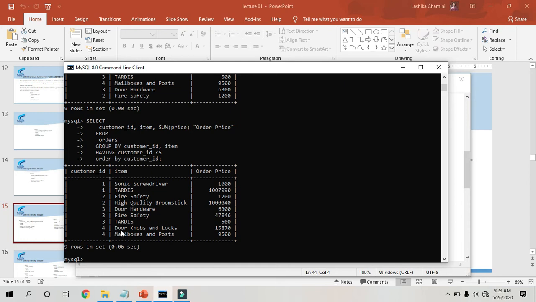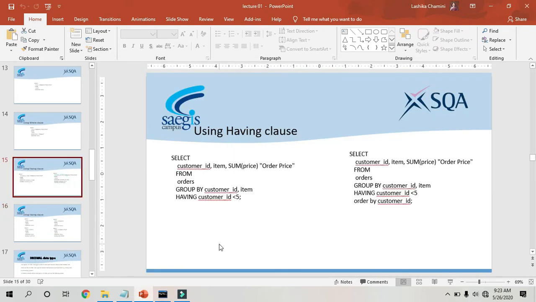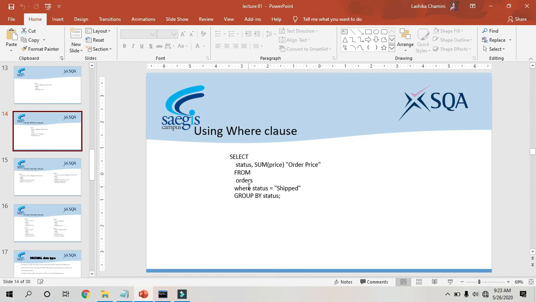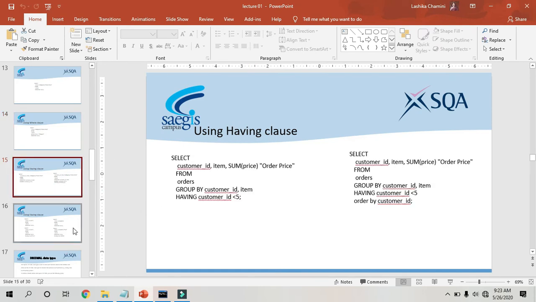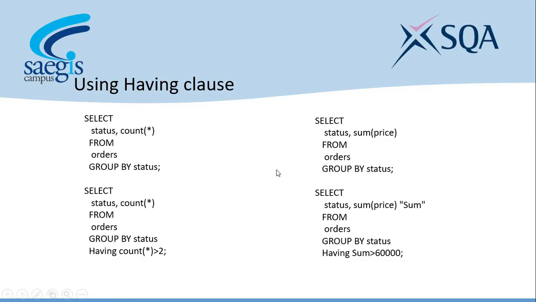So now you can see all of these things are ordered well. Here you can see the customer ID 1 together, 2, 3 and 4. So now you will think why we use the having clause for this. Instead of using having, we can also use the where clause. Yes, of course you can use the where clause, but the main reason for using having is for things like this. For example,